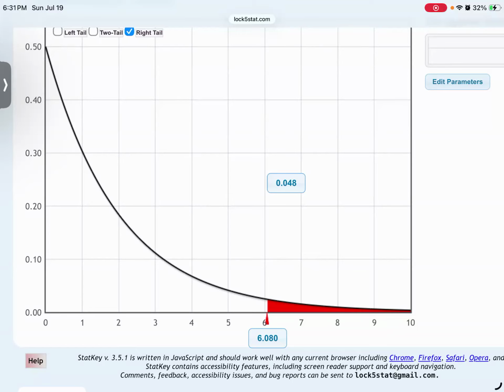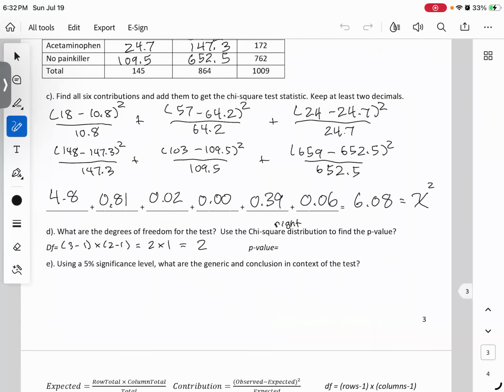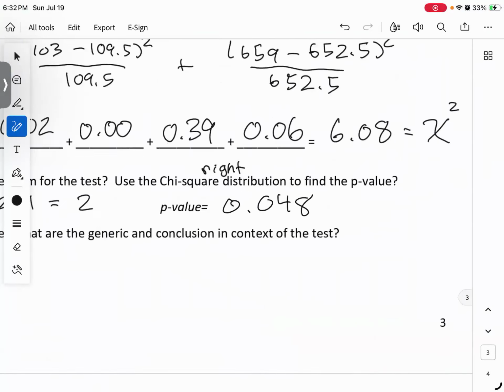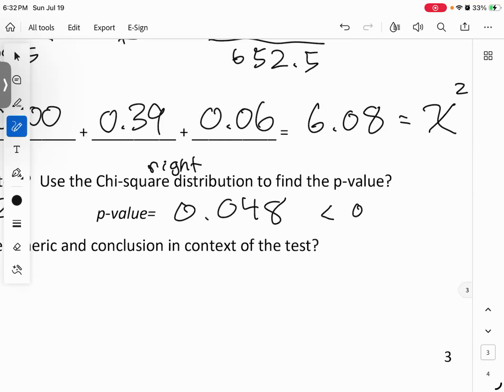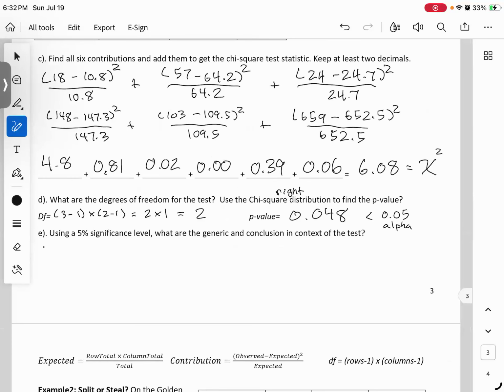And notice we get a p-value that is just barely significant, 0 point. That's why I was saying it's really important to make sure you keep at least 1 extra decimal. I mean, 2 would have maybe even been better. 0.048 is our p-value. And if we're doing a 5% level of significance for our alpha, then business as usual. We are able to